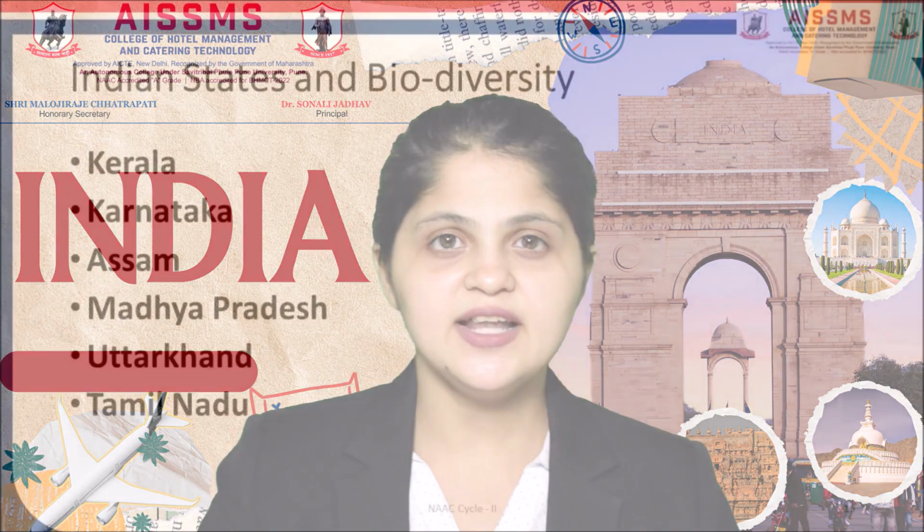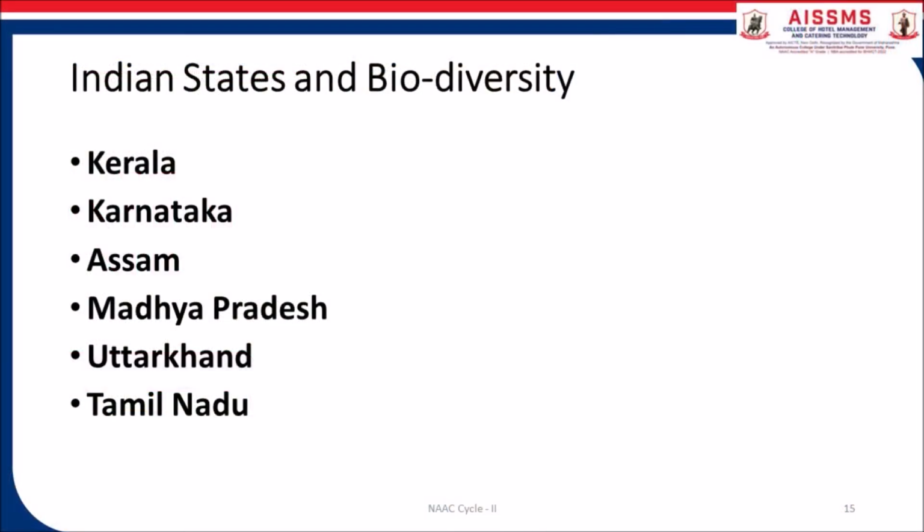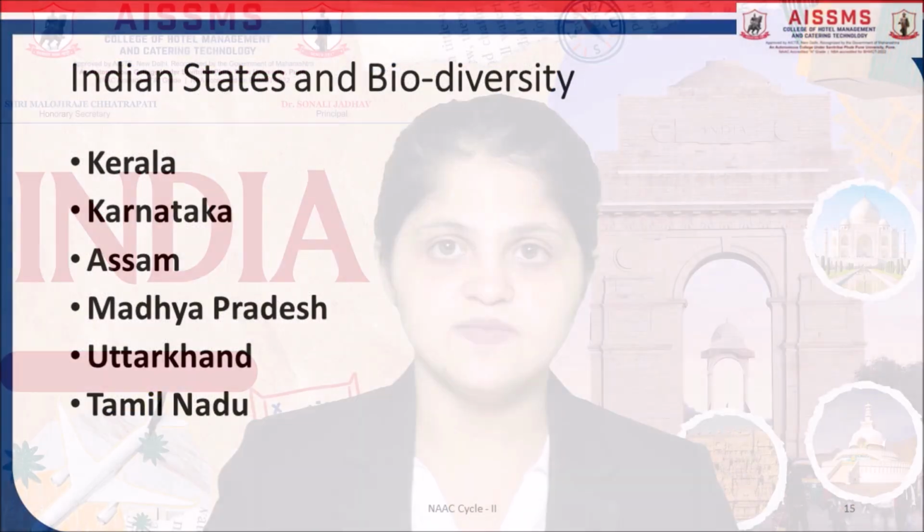Kerala. Kerala, located in the Western Ghats area, is known for its rich biodiversity. The state has several protected areas including national parks like Silent Valley, wildlife sanctuaries like Vineyard, and biosphere reserves such as Nilgiri Biosphere Reserve. Karnataka. Karnataka is home to diverse ecosystems including the Western Ghats, forests and grassland. The state has several protected areas including Bandipur and Nagarhole National Park, Bhadra Wildlife Sanctuary and the Western Ghats UNESCO